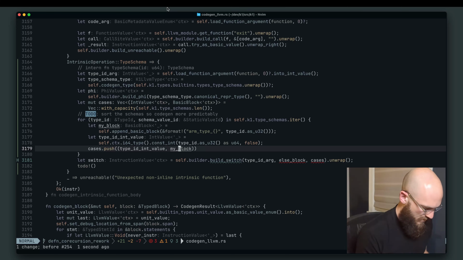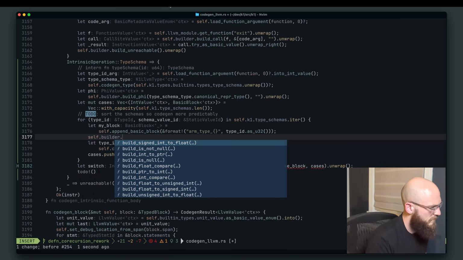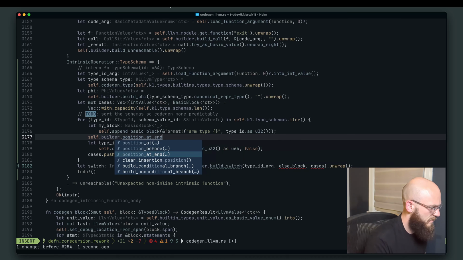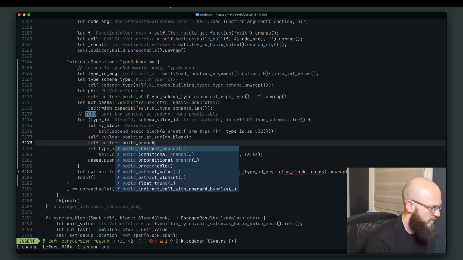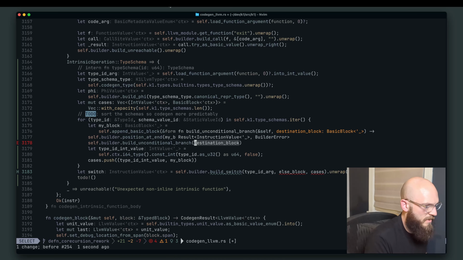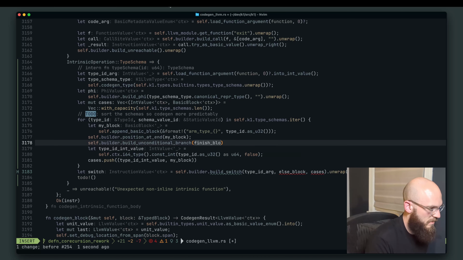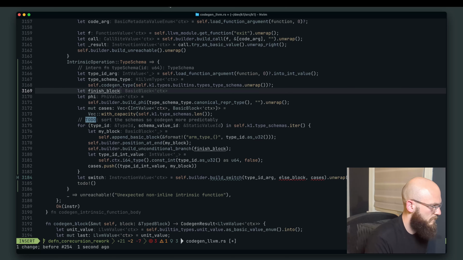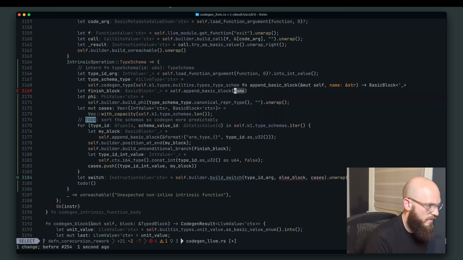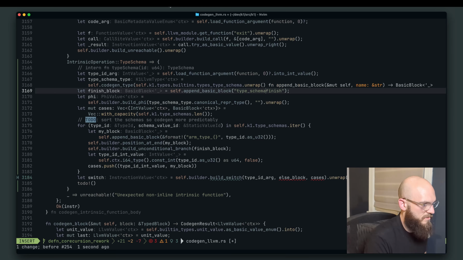So the one thing we're going to do in my block, well, first we need to move the builder, position at end of my block, and we will build branch, and that will be an unconditional branch to the finish block, which we haven't created. Block, append basic block, finish, type schema finish, sure,